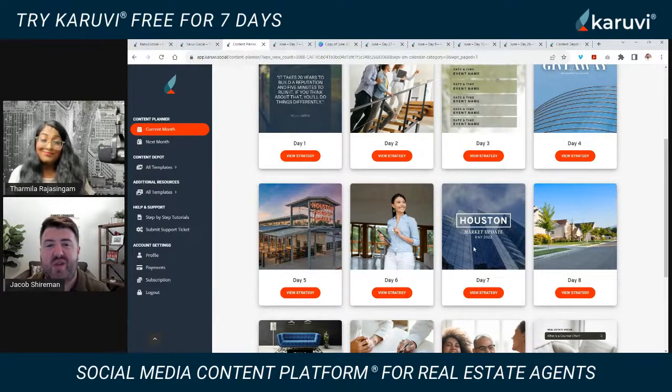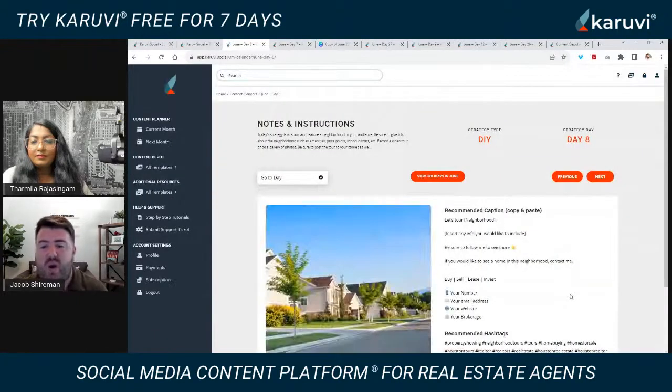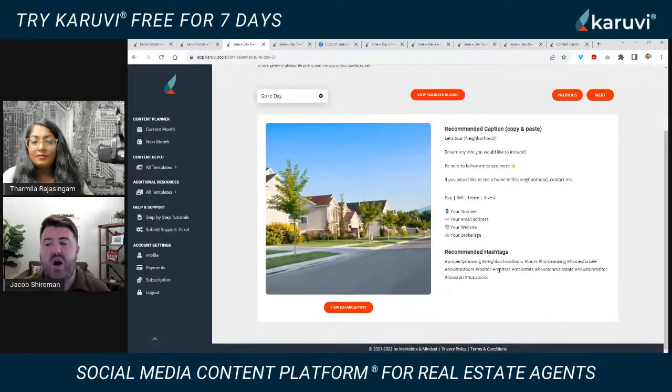They were just surfing other realtors' pages, trying to figure out what the heck to post. So now they can sit down and plan ahead. If you've got to get your own pictures, for instance, on this day's strategy, or maybe do a video tour or tour a neighborhood, you can put it in your calendar, hey, while I'm out and about, now I can go do this. You don't even have to set aside extra time to go get that, because we've shown you in the calendar when you need to do that.